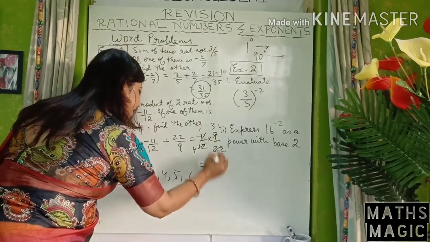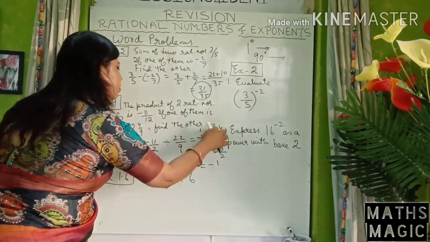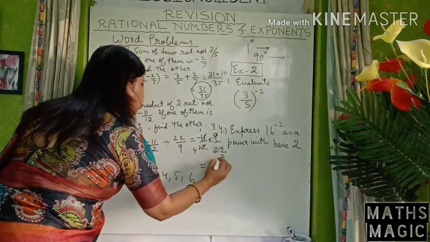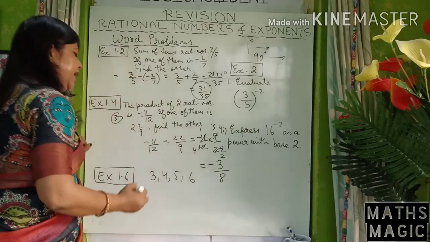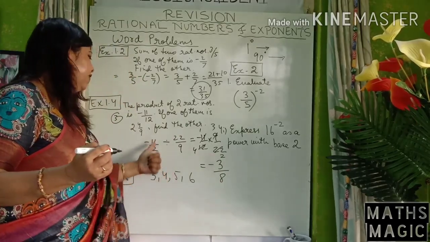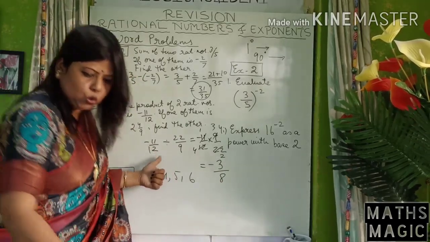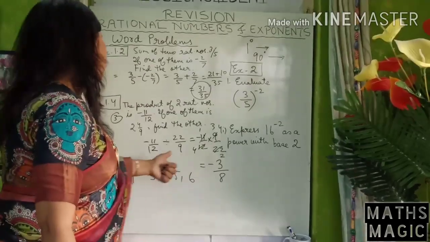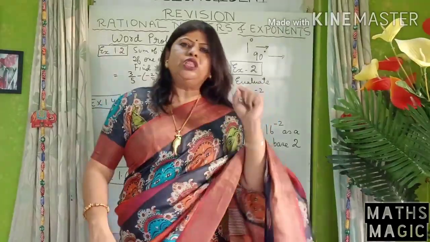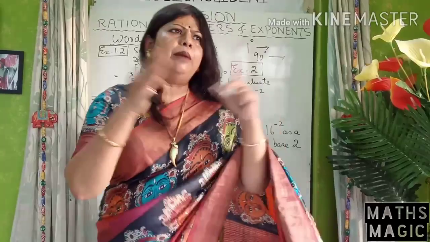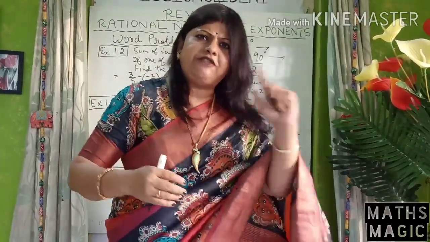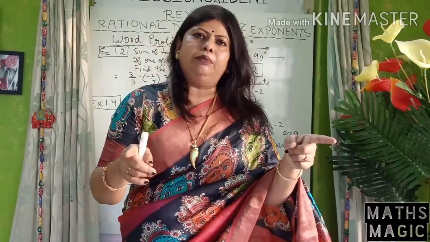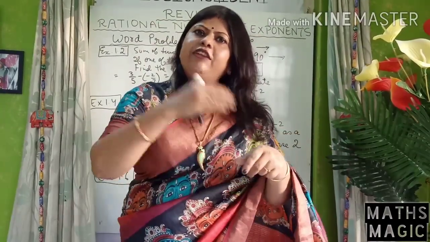minus 1 and minus 1 into 3. So that is 3 on top and 4 twos are 8. Minus 3 by 8. So it will be 11 by 12 and not 11 by 2. Followed? Okay. So the answer is minus 3 by 8. So these two questions, that is sum of two numbers, one of the numbers is given, find the other. Product of two numbers, one of the numbers is given, find the other.